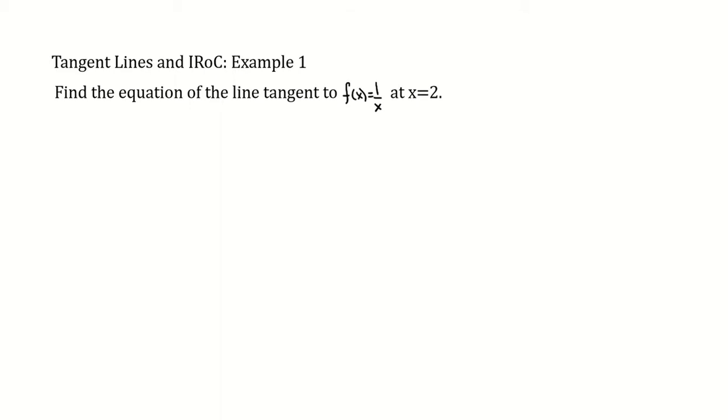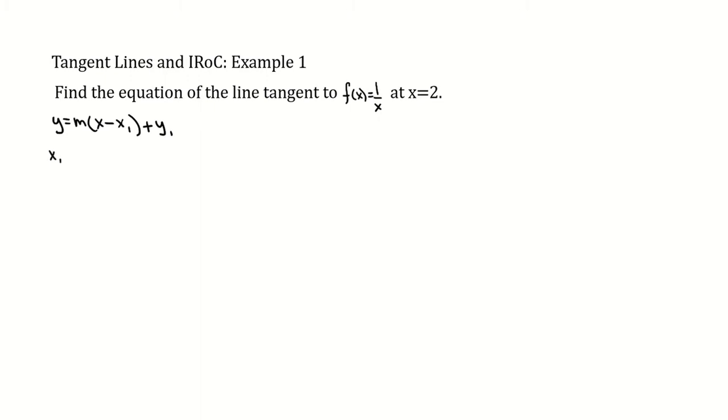Find the equation of the line tangent to f of x equals 1 over x at x equals 2. What we're going to use is a version of the point-slope formula. y equals m times x minus x1 plus y1,